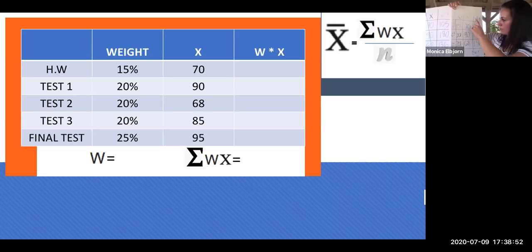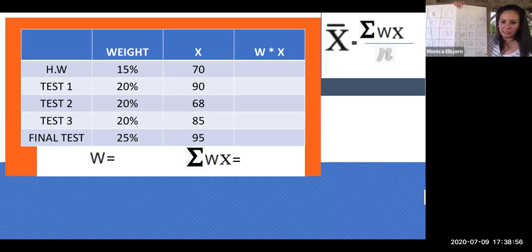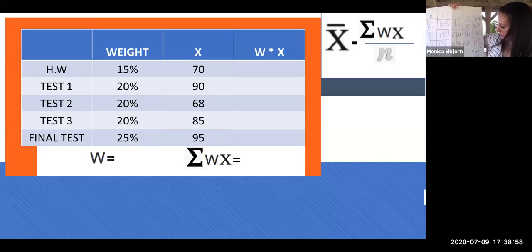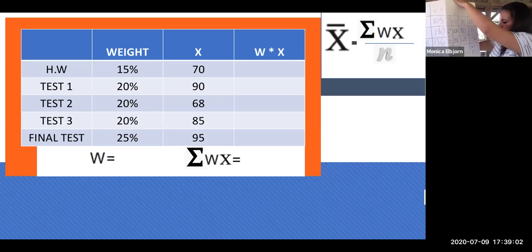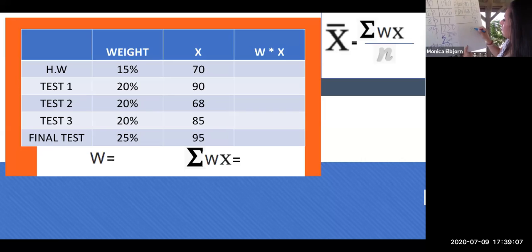And then if we add them all up, if we add 10.5 plus 18 plus 13.6, how much do we get? So we're gonna say our sum of W times X is equal to 42.1